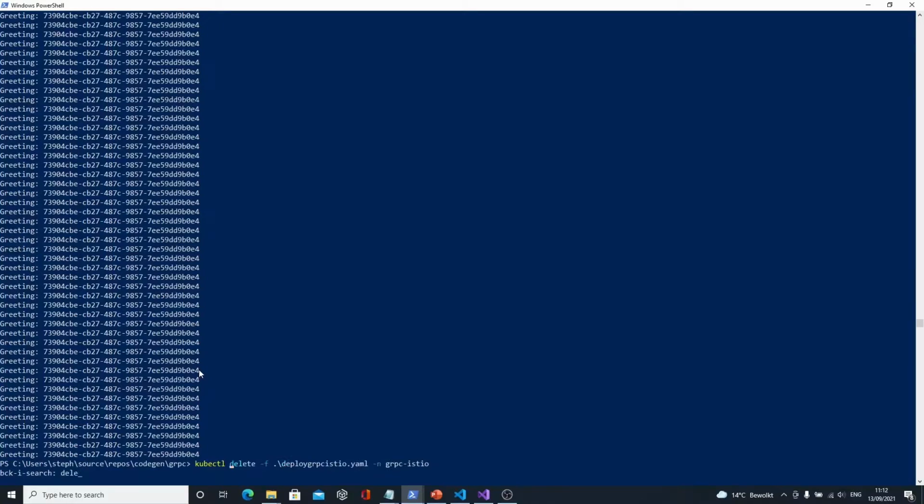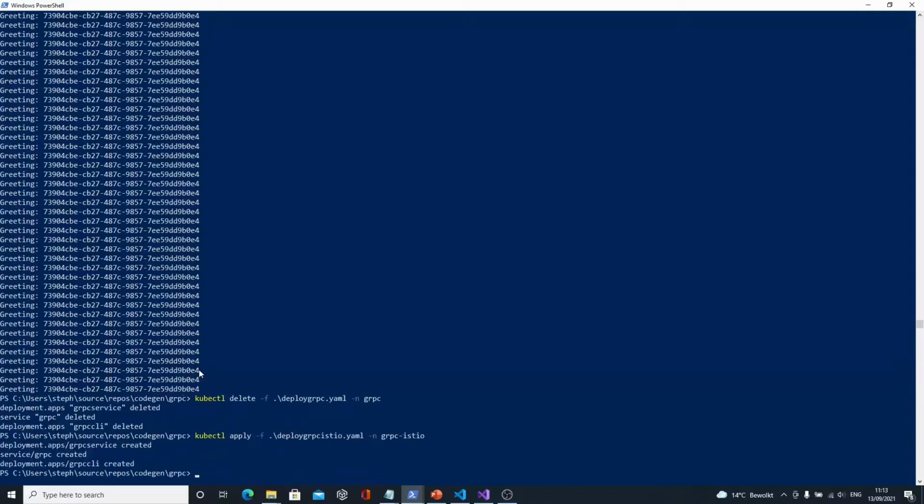So let's now delete this YAML file, and then let's try to see with Istio, by adding Istio to the mix. So let me see this guy here. So I'm going to now add the Istio one, right? So it's the same demo, but now with Istio to the mix. So kubectl apply -f, and then it's going to be Istio, and then the namespace is going to be gRPC Istio.